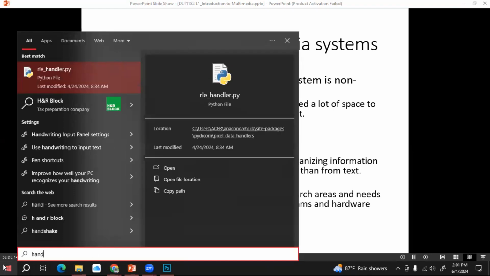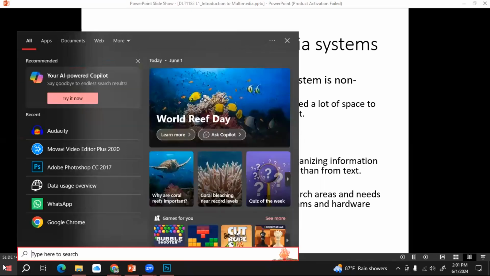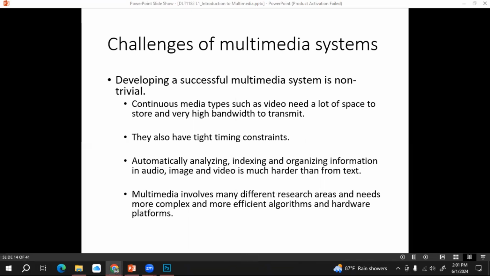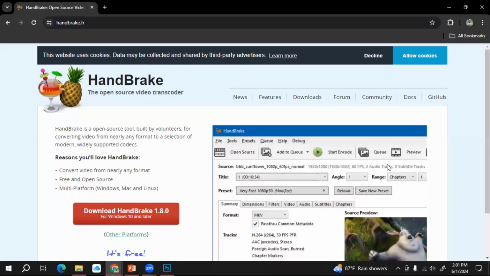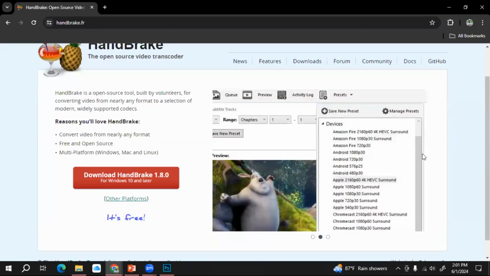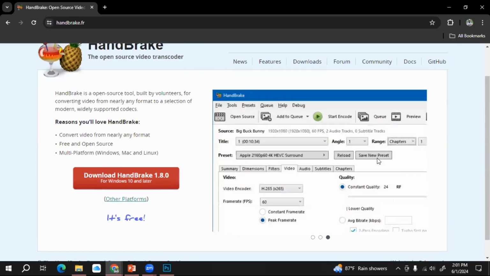I don't have this software installed on my PC, so I will show you the website. This is the official website for the Handbrake software tool. This is an open source software tool, right?